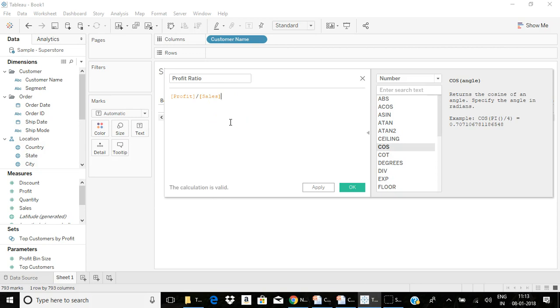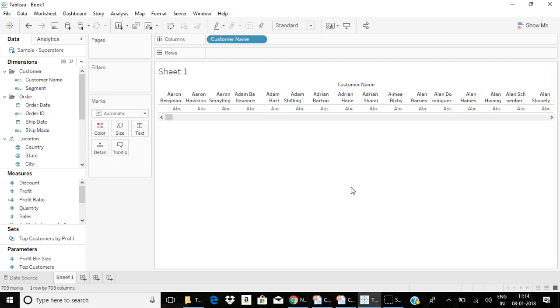As I said, there is visual feedback. If you are missing something, you will get an error message, and you will also get a hint about what is really going wrong in that particular syntax. If your calculation is valid, you will get a message that the calculation is valid, so you can click OK. Any calculated field is represented by an equal to symbol before your data type. If a data type has an equal to symbol before it, then you can confirm that it is a calculated field. Now I am going to drag this calculated field.